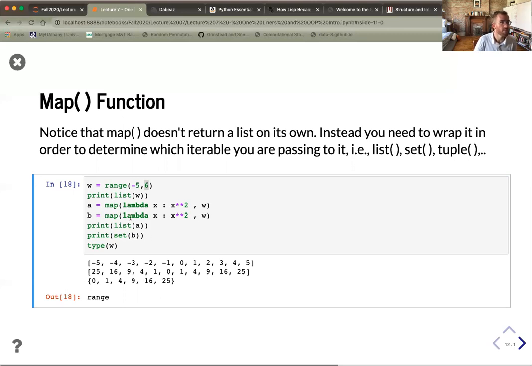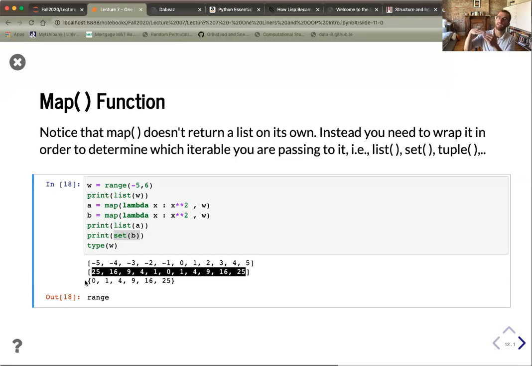All right, so A and B, I both just stored using variables, but I was able to wrap those things using two of our data collection types, one being list. So list A returns a list, and set B returns a set. Now, remember, one of the features of set is it doesn't like having duplicate entries. So when I normally have this list, which illustrates the application of my function for the values between -5 and 5,